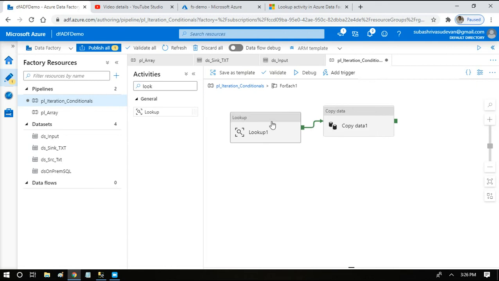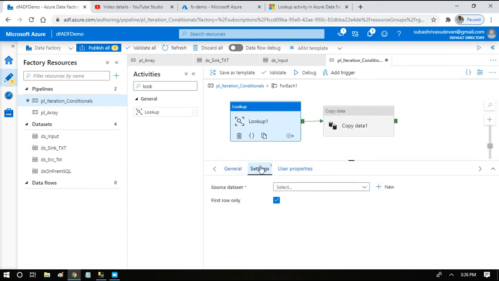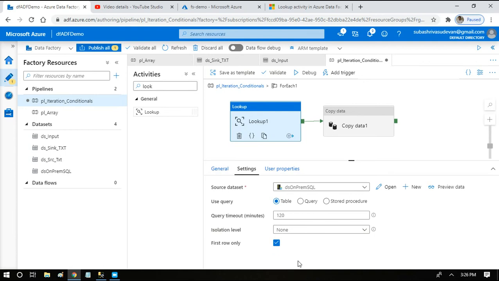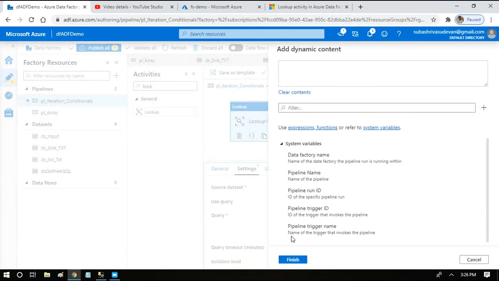Now we are going to first set up the lookup activity. What kind of data it has to look up: we are going to ask it to bring a count from the table. I am connecting to the dataset of the on-premise SQL Server. Now we have to write a query. Every time the for each loop runs, it's going to bring us the table name.